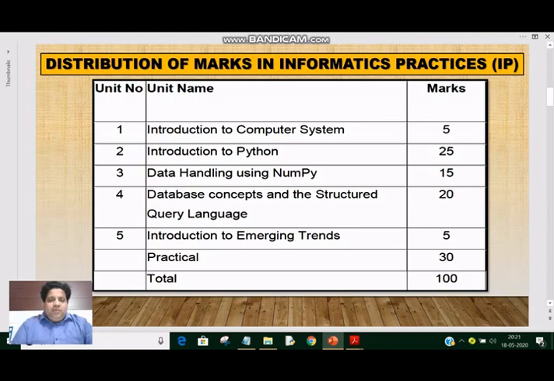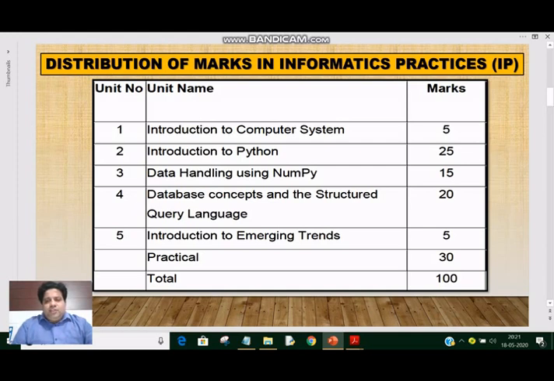Fourth is database concepts and structured query language. In class 10th, you may have studied MS Access, how to work on databases. In this, you will study MySQL, not MS Access, and you will learn how to write SQL commands. SQL means structured query language commands. It is very easy and it is not programming, but it is very tricky.